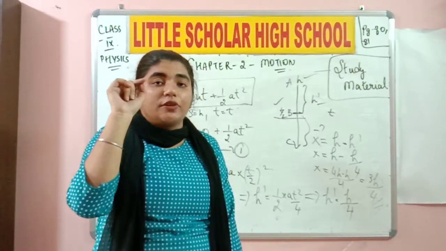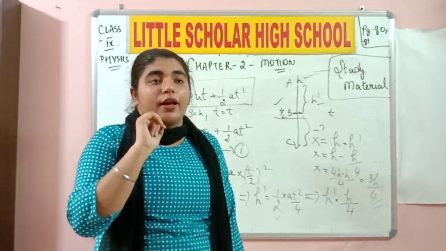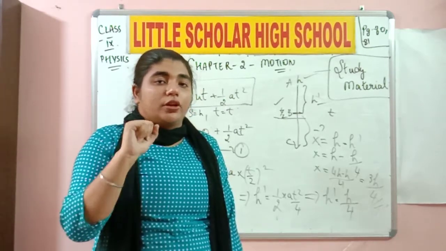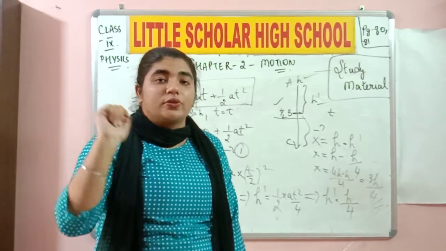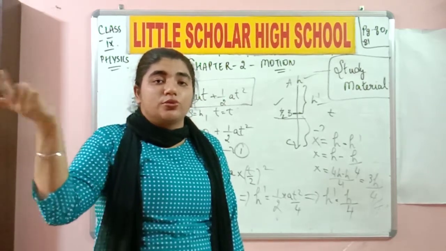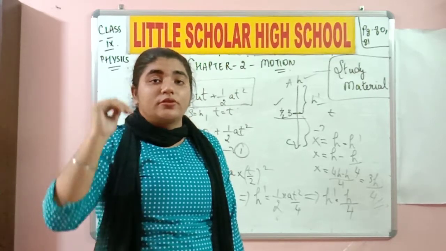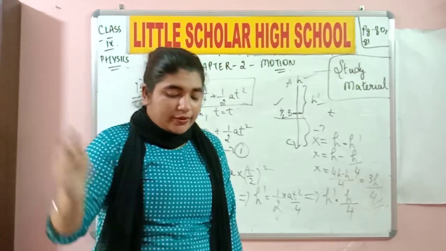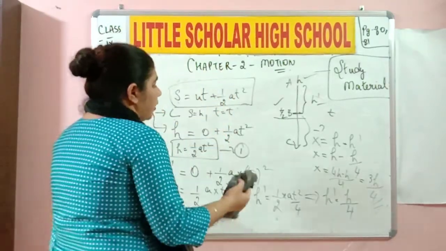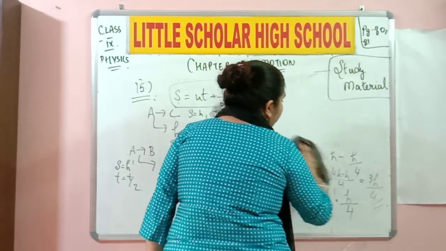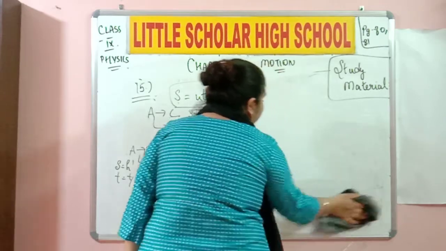In place of t, if you write 1 over there, and u is again 0, then you have half a into 1 square, half a into 2 square, half a into 3 square. Half a is the common one. So what is the ratio? 1 square, 2 square and 3 square. I will write it on the board if you have written all this. You can definitely pause the video or rewind the video to write down what was written over here.